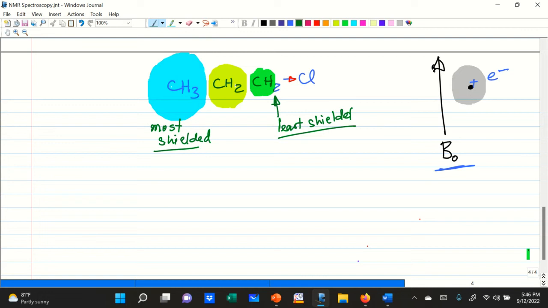Likewise, if you wear a heavy, warm jacket, then you are most shielded. Then you feel the external cold far less. This is how you can correlate how the shielded protons are experiencing the external field far less. If it feels far less, you are going to have to up that external field to feel the same, which is to say, if you are wearing a jacket, you don't feel the same cold as if you are wearing a